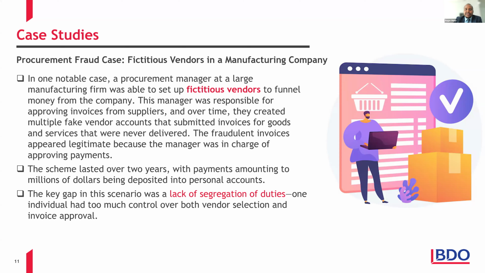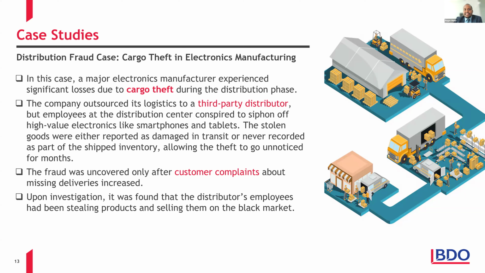The stolen goods were then reported either as damaged in transit, or they were never recorded as part of the shipped inventory, and this now allowed the theft to go on for months. The fraud was only uncovered after one particular customer, or a few customers, complained about missing deliveries. And then upon investigation, it was found that the distributor's employees had been stealing the product and then selling them